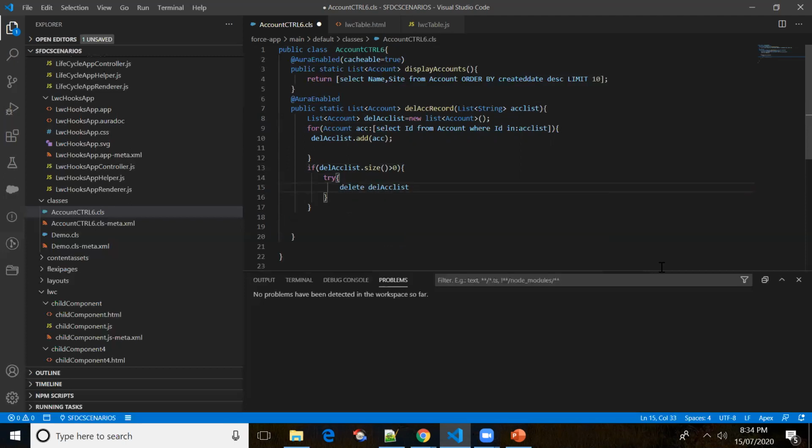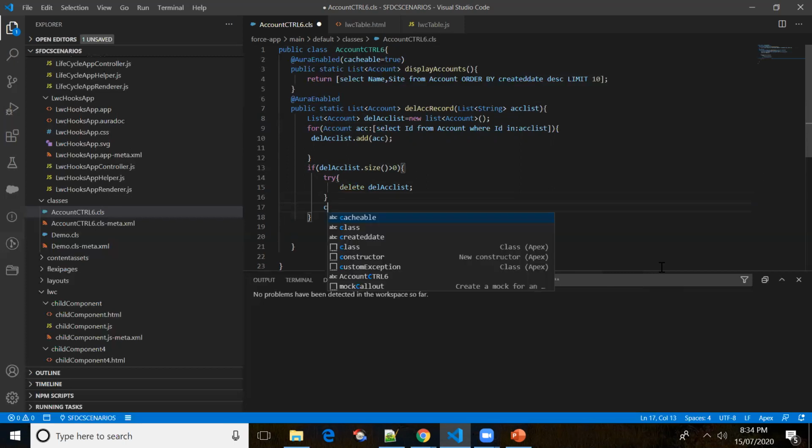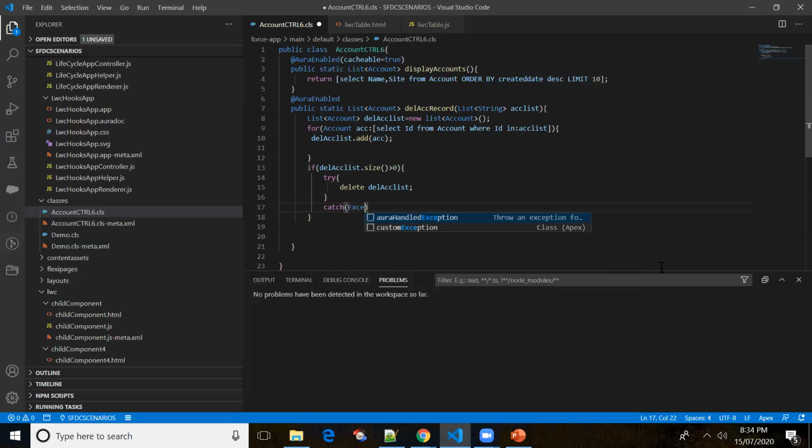Delete accList. The try block should be followed by a catch or finally block, so here I'm writing catch Exception. Let's say while deleting the record, sometimes we'll get an error, so it will enter the catch block.